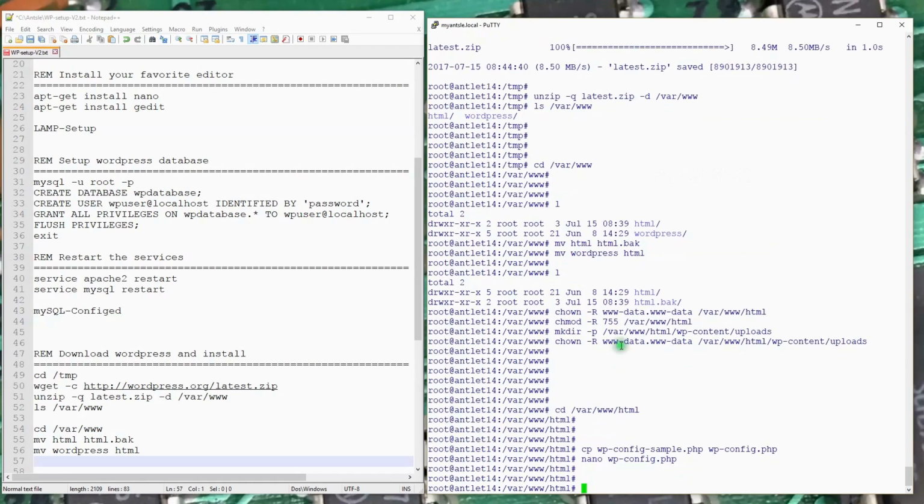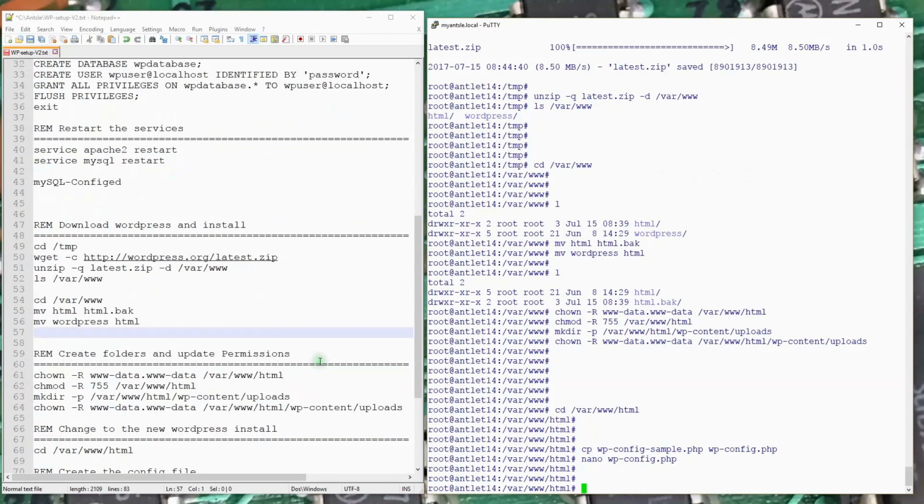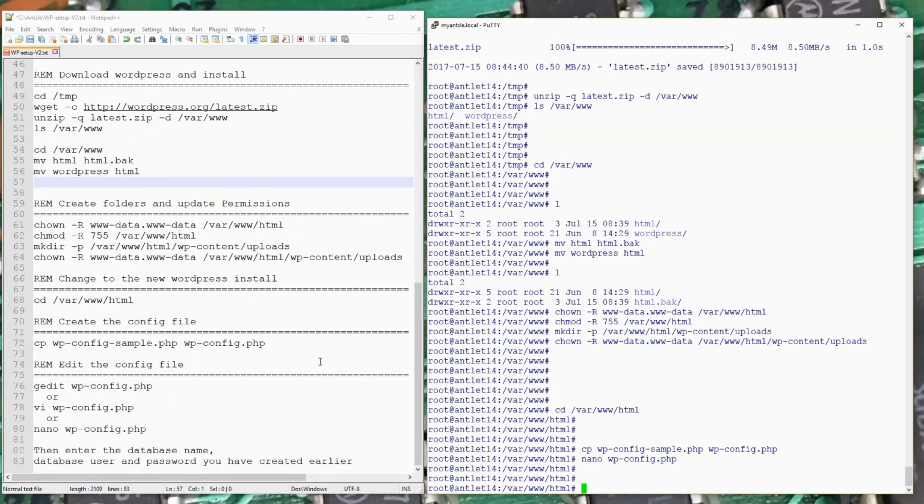I want to exit here. And at this point, we're pretty much done. We have set everything up. We've installed everything. If we now go back to